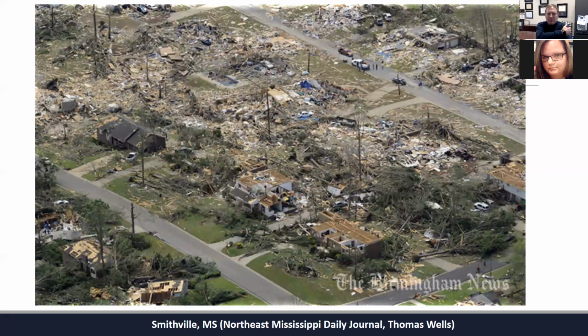So this is Smithville, Mississippi. Again, this is a part of the storms that wound up coming across Alabama and into Georgia. Again, as you look at that damage and destruction, you can tell where the center path of the tornado was here. And then this part of the neighborhood was on the outer band of the storm. This is further out, and this is further out. This is the center line of the path of the storm.